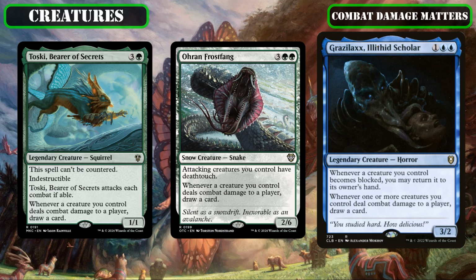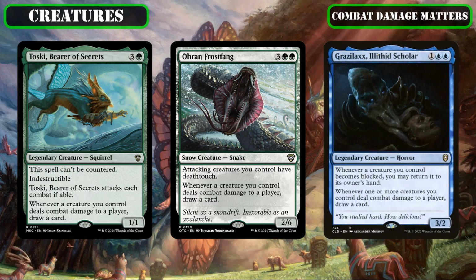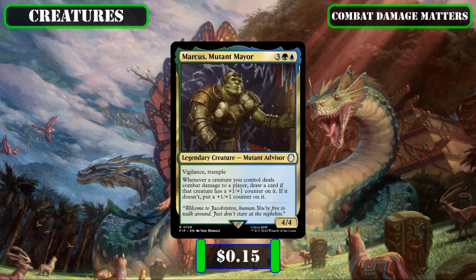to our hand if they're blocked so we can use those abilities again, Marcus Mutant Mayor, who also functions as another AoE on-combat damage draw source, though he initially grants all our creatures a +1/+1 counter instead if they don't have one already to allow them to hit even harder, all while being a decent-sized vigilant and trampling threat himself,